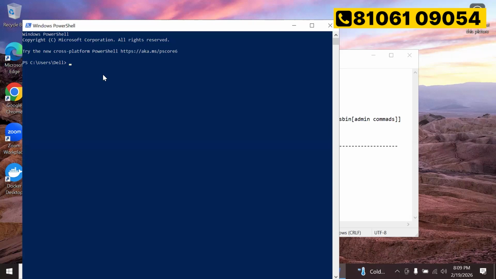Suppose I want to see my system name. You can say hostname, and we got some hostname. If I want to see today's date, you can try to run some commands. Your operating system will respond to that command and show the output on your screen. In Windows, we have different options like PowerShell, command prompt and so on.